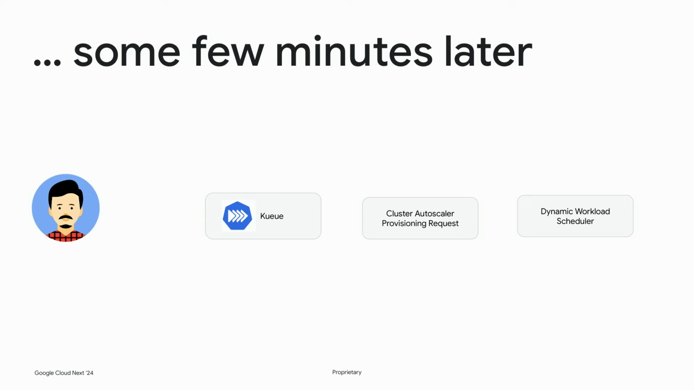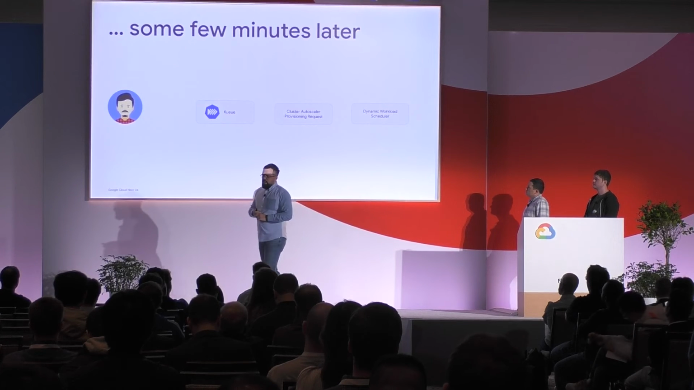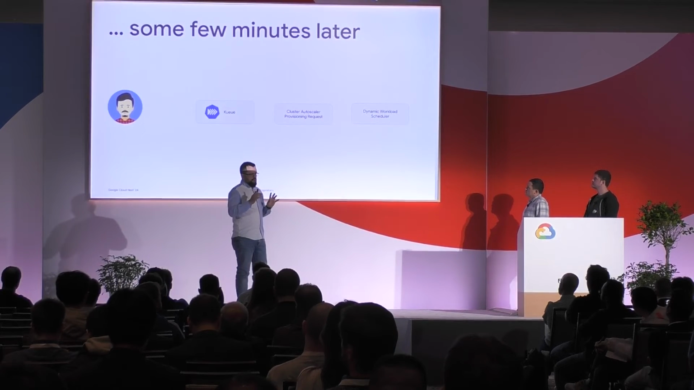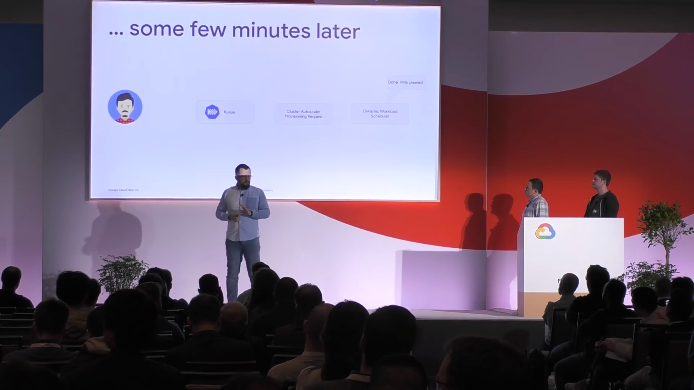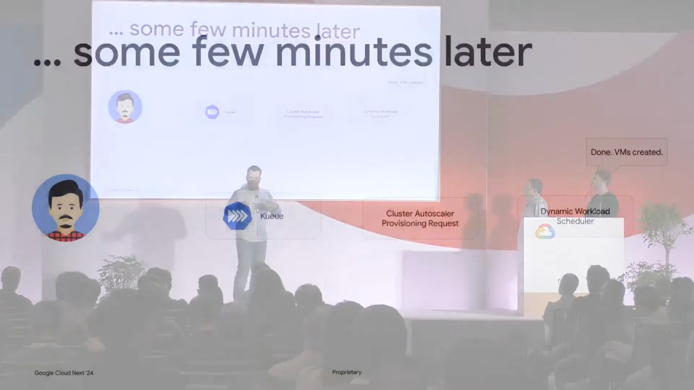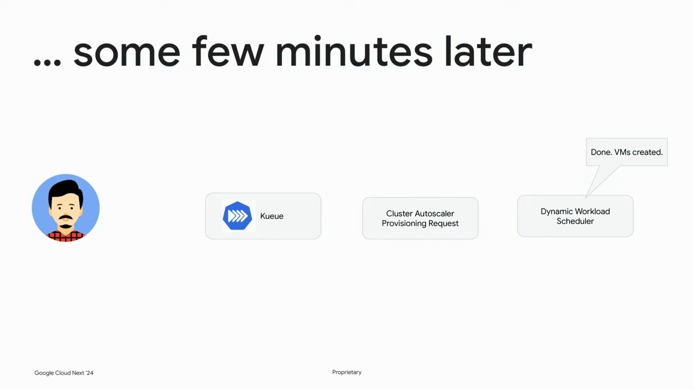After a little bit of time, the machines get created. So Dynamic Workload Scheduler gets the VMs up and running. A cluster autoscaler recognizes that, so it attaches those machines to the cluster. Based on that, it is able to send the information to Kueue, telling it that the job can now be executed. So Kueue changes that suspended flag that you've seen earlier on the screen, so that the workload can be triggered,